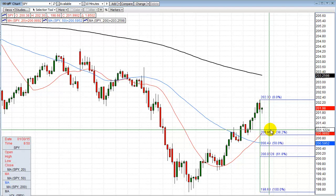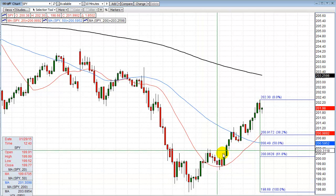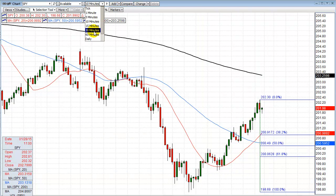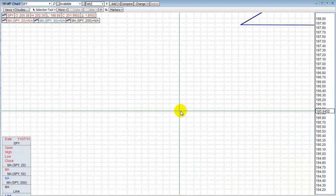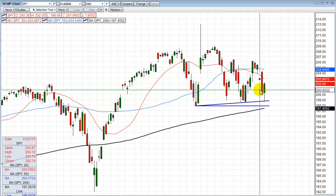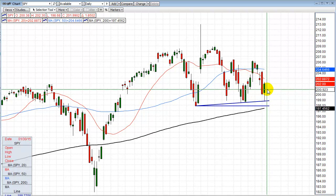And I think that would be the extent of it. And while this looks like a big pullback, remember, this is a 10-minute chart, so it's not a big pullback. If you go to the daily chart, okay? Where's 201? Okay, let's move this over. 201 is right here. So, to retrace a third of the rally from today is certainly plausible, not out